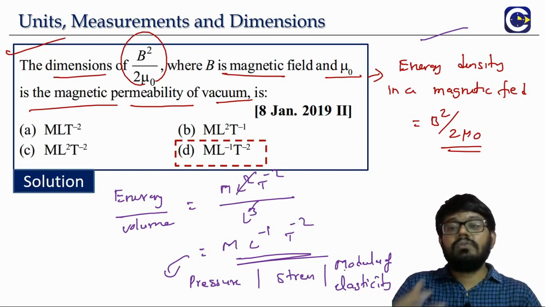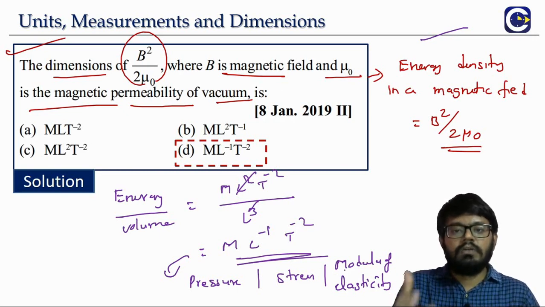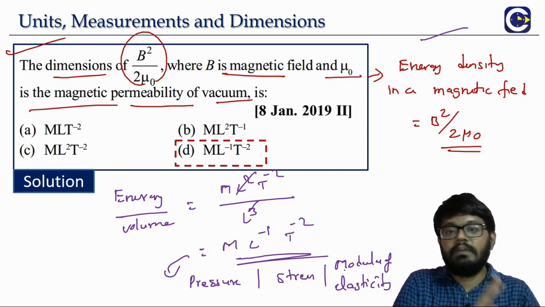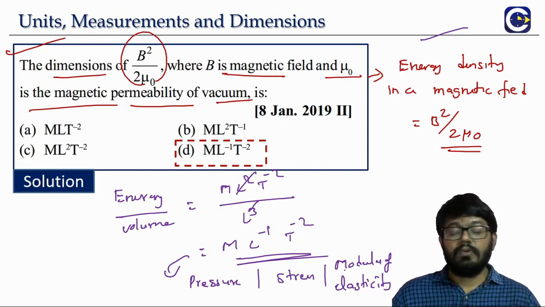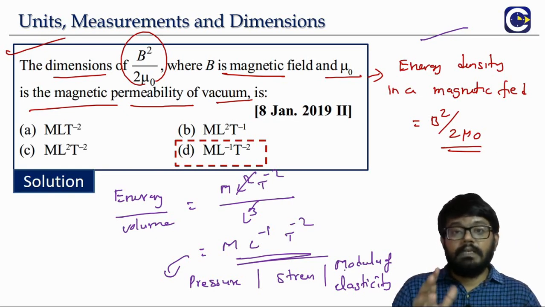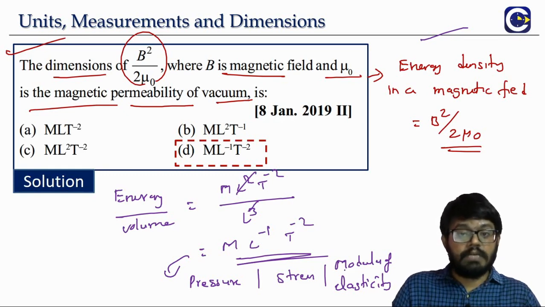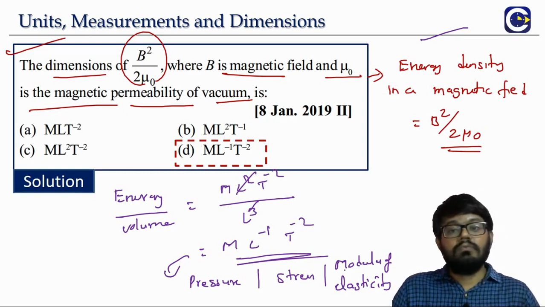Okay, see, like this, when you're able to correlate, you will be able to not only get command over these question types, but also see the relation. It's not like we are doing each and every problem separately. So here, what is the major takeaway? Normally, if you know the dimensional formula for B and the dimensional formula for mu naught, we can substitute and get it. But if we have knowledge of the energy density formula concept that we'll see in the electromagnetic wave chapter, we will see how easily we will be able to answer this.